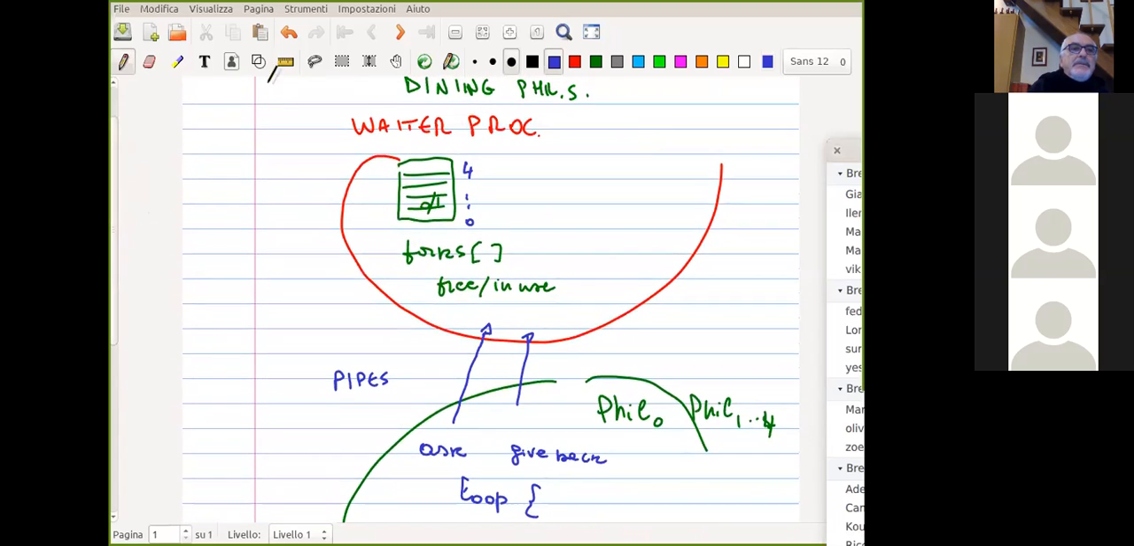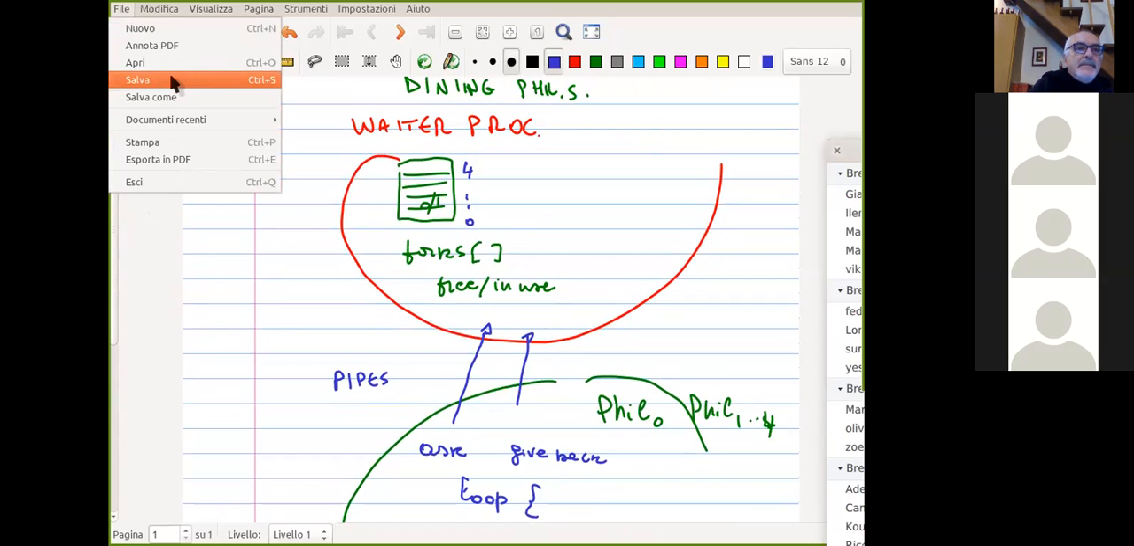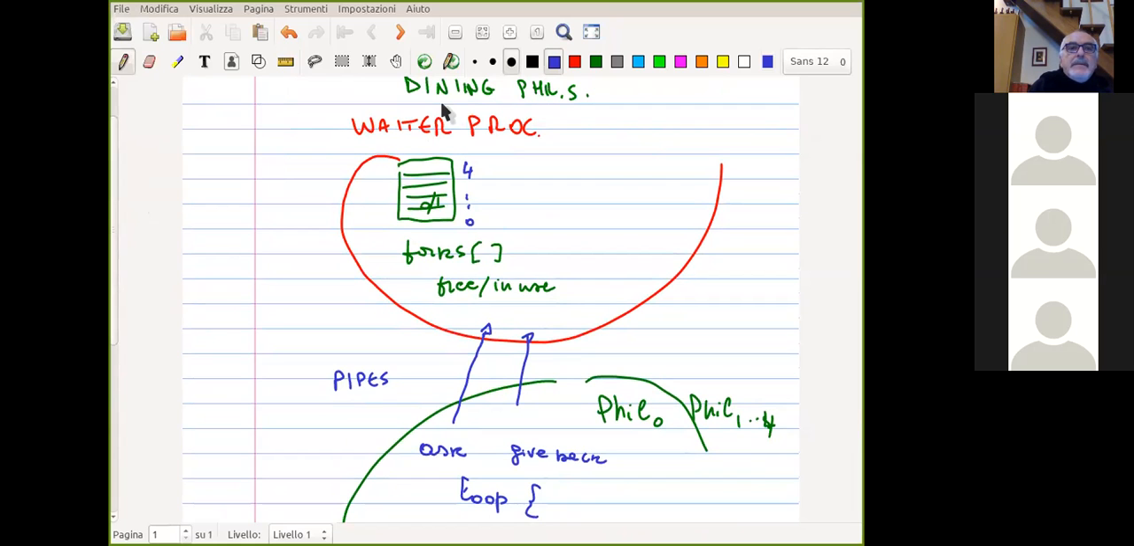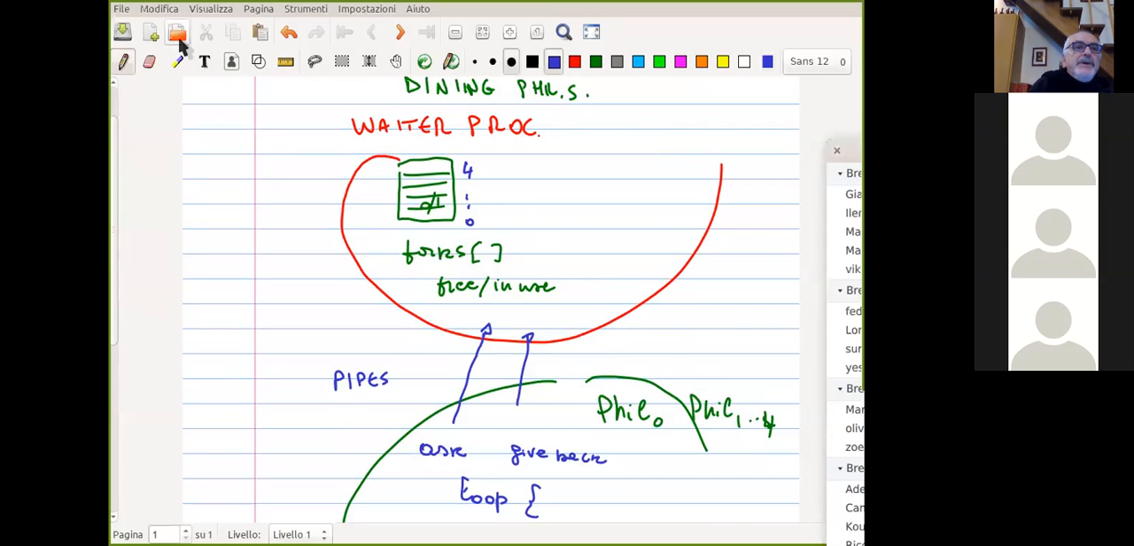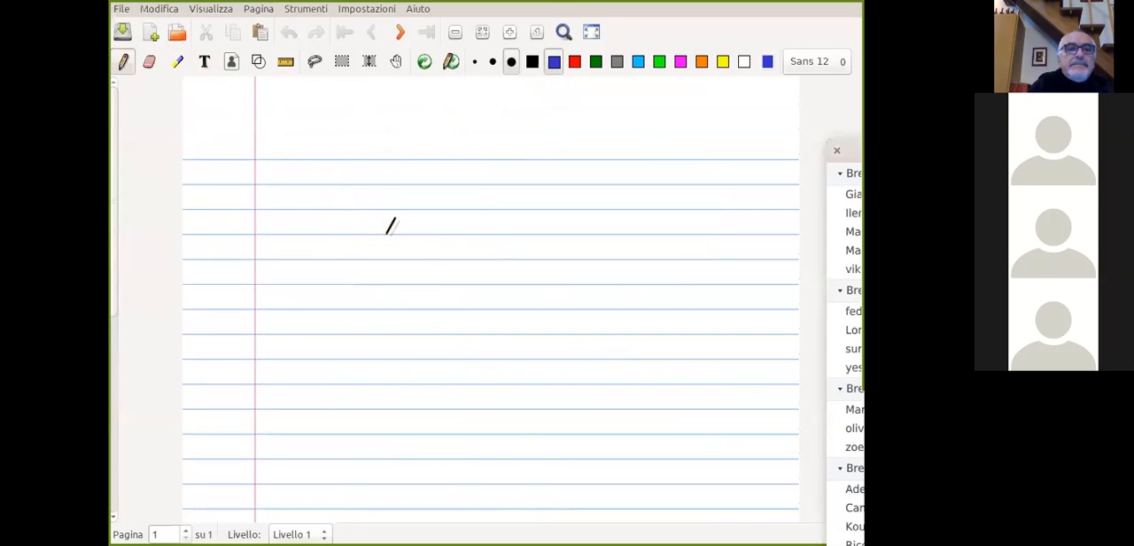Let's, well, we save this. Well, okay, it doesn't matter. Well, I will change that to new waiter. The waiter, remember that the waiter manages the fork database. So the waiter is a loop,